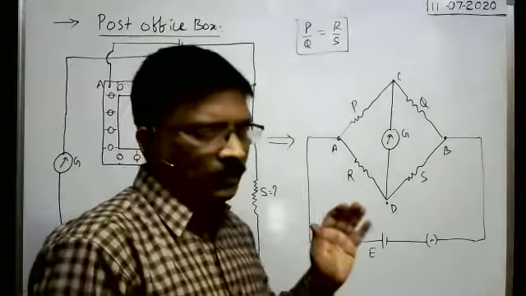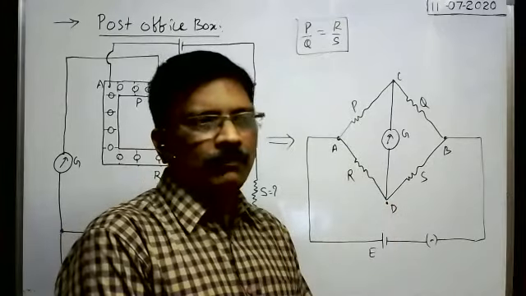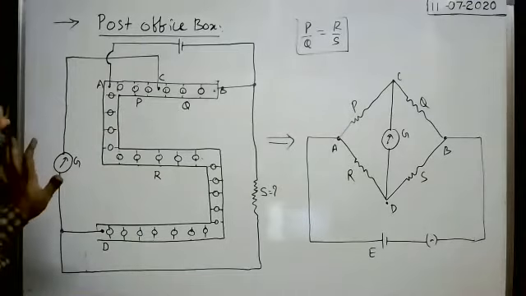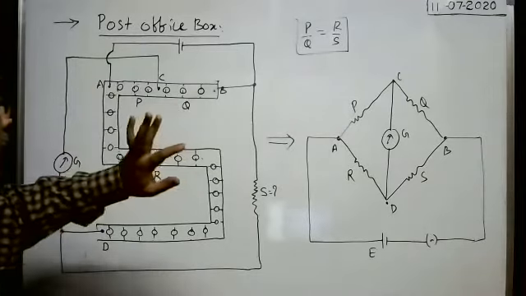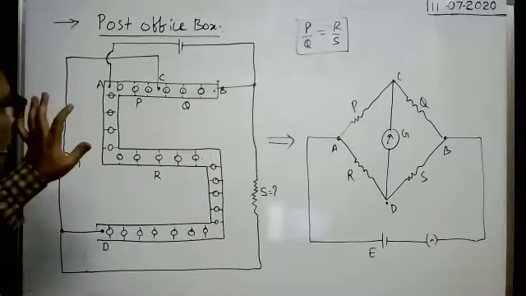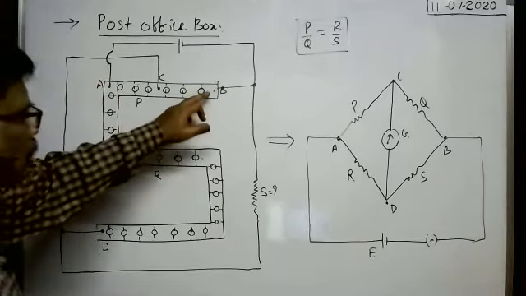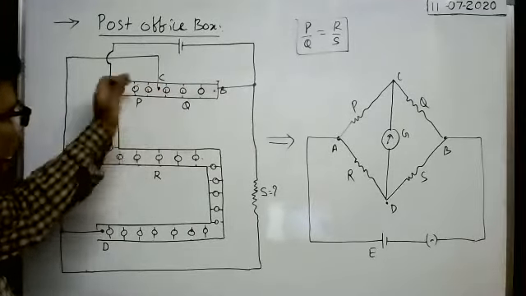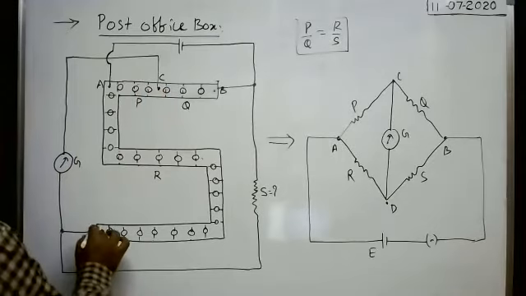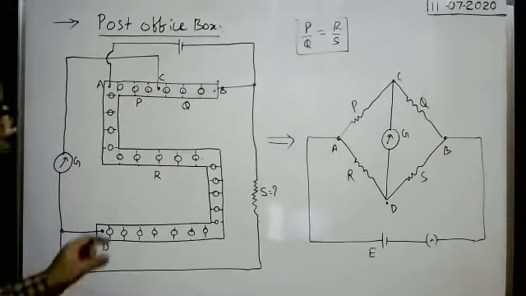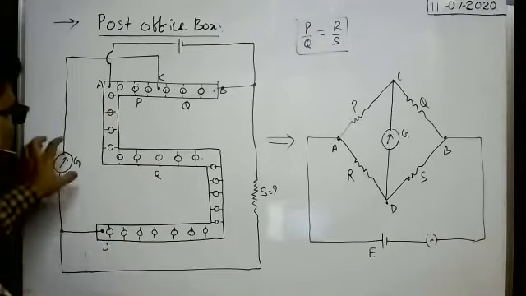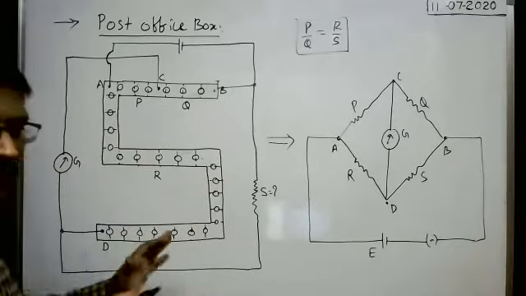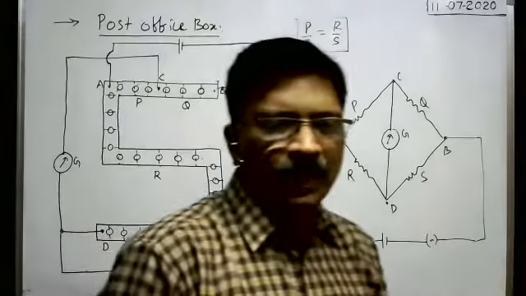In some mains exams, they once asked where the galvanometer is to be connected. Here the cell is connected between A and B. Then where the galvanometer is connected means, definitely, at the middle of the other two points of the post office box. That's why in the options, between C and D, the galvanometer is to be connected. Unknown resistance must be connected between B and D. That is important. That is the question they asked.